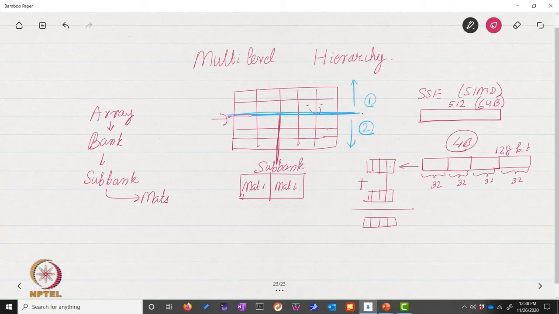What we can do is that let's say we want to do an SSE access and we want to read 64 bytes in one go. One mat can provide 32 bytes and the second mat can provide 32 bytes, and then we can merge them. So here we are essentially having a parallel access and we are splitting a block between the 2 mats. So this is giving us a faster access time because the mats are smaller, and also we have parallel access. In a sense, we have these smaller arrays, we read 32 bytes from each and we merge them, and this is much faster than having a larger array that has 64 bytes stored in one go.